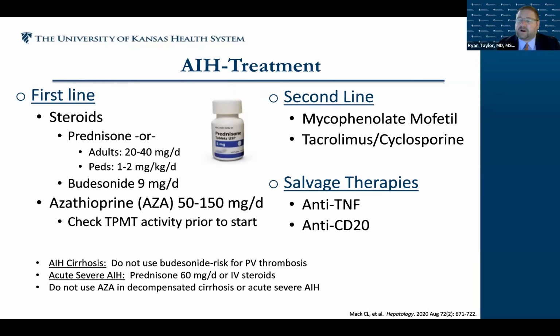Our main treatment for autoimmune hepatitis is corticosteroids. We utilize prednisone, usually dosed between 20 to 40 milligrams per day, followed by a slow taper. And then we have the opportunity to use budesonide as an alternative. As you may know, this is a steroid that has high first-pass metabolism within the liver. Then we transition them from prednisone to long-acting immunomodulators such as azathioprine, and they'll remain on that drug long-term for their treatment. For second-line agents, we use mycophenolate, and then occasionally we'll use tacrolimus or cyclosporine. And there are salvage therapies with anti-TNF and anti-CD20 treatments that have been studied. Next slide.